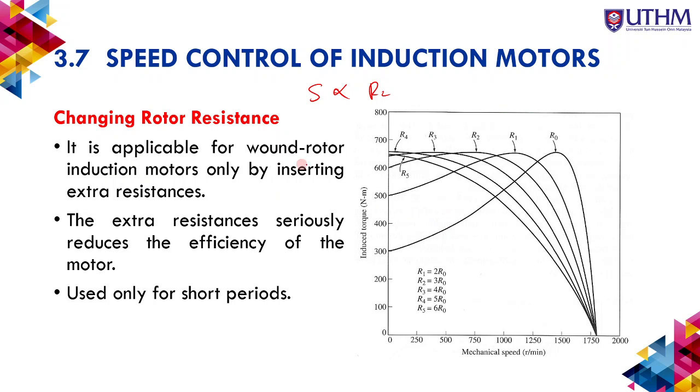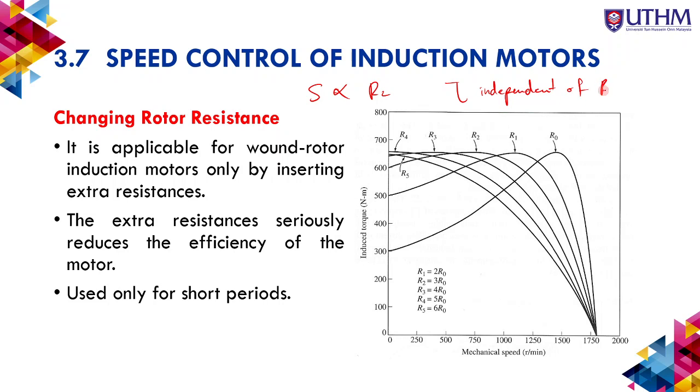It is applicable for wound rotor induction motors only, by inserting extra resistance. At this point the slip is proportional to R2, while the torque is independent